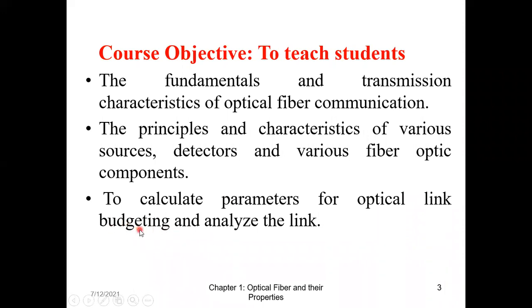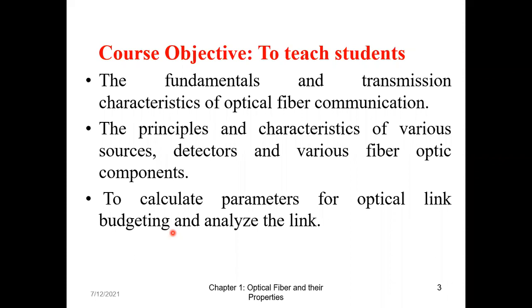Usually when we hear budget, it comes to our mind in terms of money. We have seen that the government presents a budget. This is my money, and how do I spend it on different things, like building bridges, animal husbandry, transport. The government presents the budget. Now for us as engineers, link budget means how I allocate the power to each component. See, there is the source power and I receive the power. Now, in between the transmitted power and the received power, there are power losses.